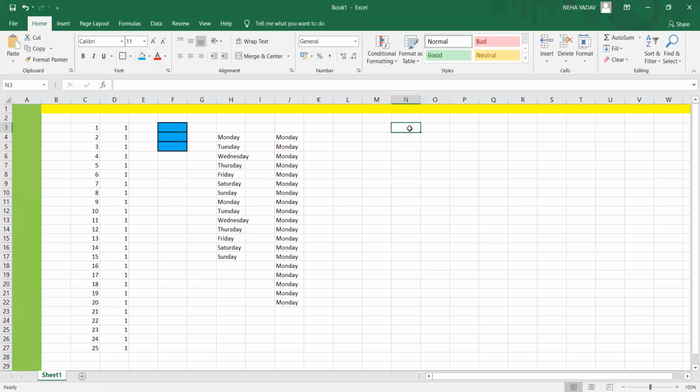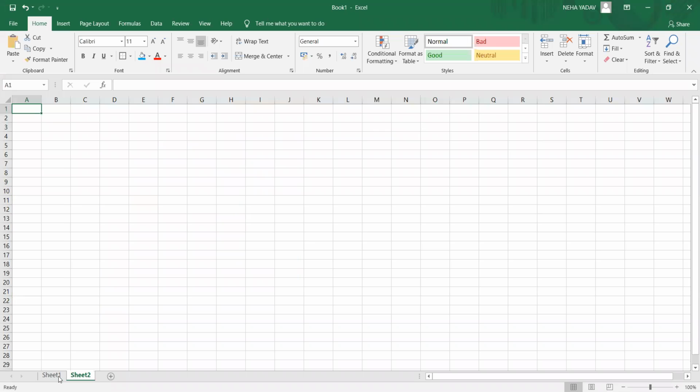So next is workbook and worksheet. So children, now you can see here on my screen, this is what is written over here where my cursor is right now, sheet 1. And there is a plus also. So what is this plus about? When I click on this plus, it will create another new sheet. And when I again click here, then it will be sheet 3. So sheet 1, sheet 2, sheet 3. These 3 sheets are there in my Excel right now.